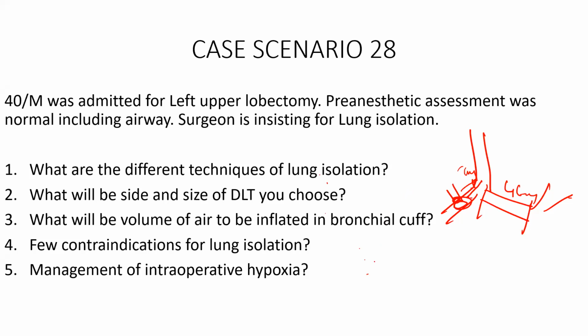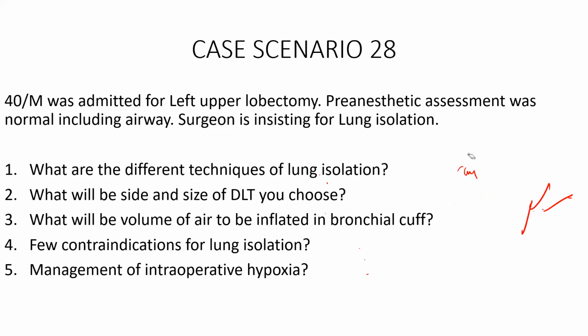So that is why, whenever you get a chance, a left-sided double lumen tube is preferred. There are certain indications where you can use a right-sided double lumen tube. For example, when the patient is going to have a left pneumonectomy, or when the left main bronchus is completely scarred or shrunk, or when the patient has an aortic aneurysm. In those cases, you are left with no other choice. You have to use a right-sided double lumen tube.